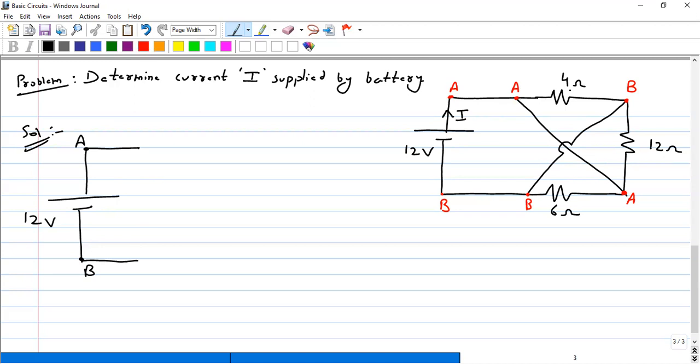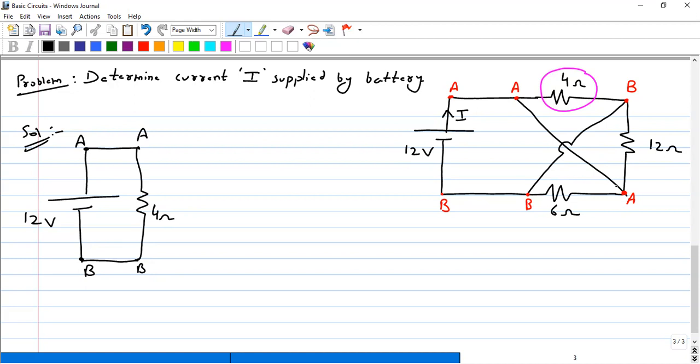Between point A and B, what I have is one 4 ohm resistance here between points A and B. So I know that this point is also A, this point is also B, obviously because there is no element here. I just extended it up to this point. So this is also A, this is also B, and the 4 ohms is connected between A and B. Therefore, I can draw that 4 ohm resistance like this. 4 ohms. This is done.